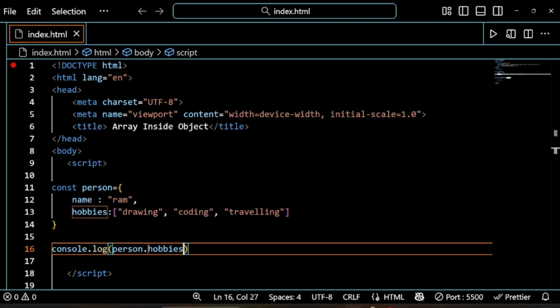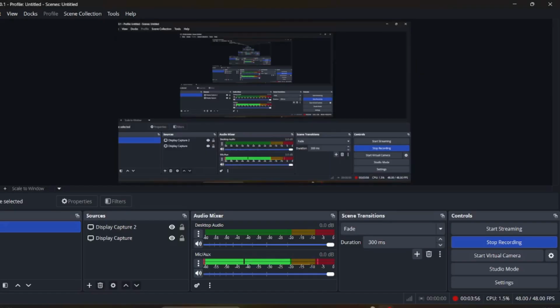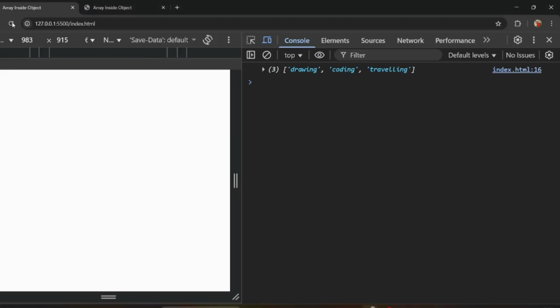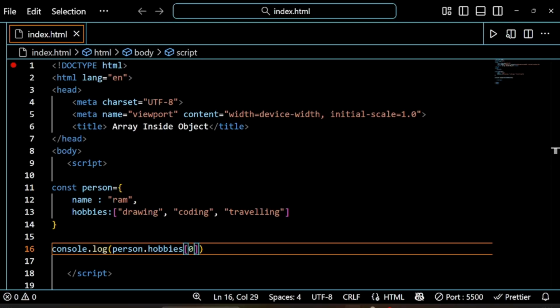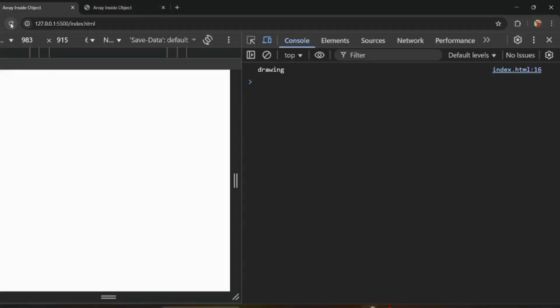Suppose if I want to access only one value, all I'll do is simply use square brackets, and inside that I'll write 0. 0 will be our first value. Just wait. If I refresh this, I'll get drawing, which is the first value. Suppose if I change it into 1, then we'll get coding.